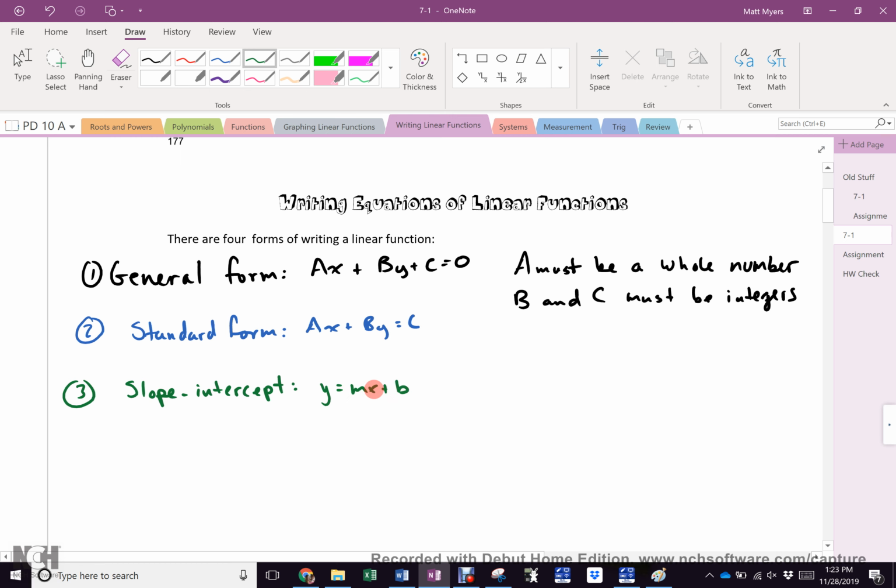What are our rules here? Not so much a rule, but what does this tell us immediately? If y is isolated, what do we automatically know? Slope and y-intercept. And lastly, my personal favorite, because it works all the time, I'm going to call it slope point form